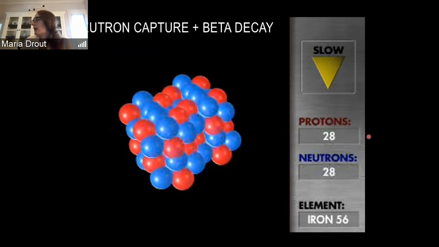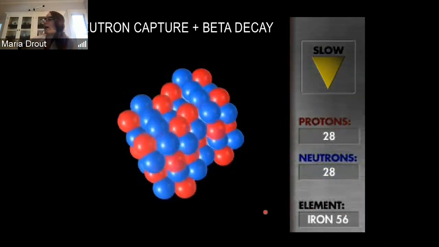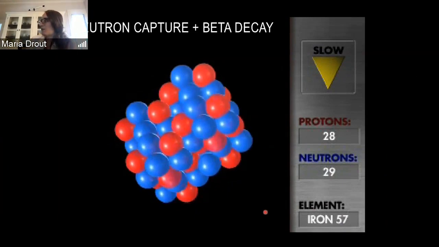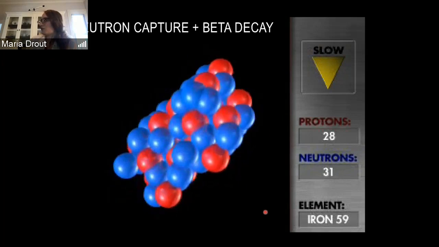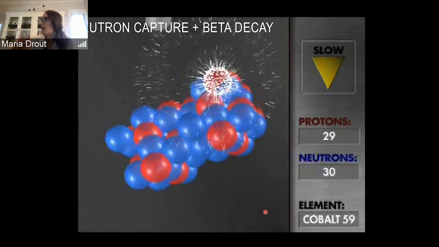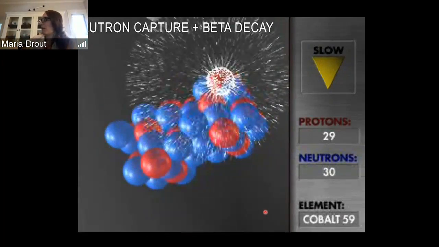So the thing you should hold on to is over here on the right-hand side. This is showing the number of protons in this nucleus, the number of neutrons, and therefore what element this actually is. So when you're undergoing this process of capturing a neutron and then undergoing a beta decay to make heavier elements, it might look something like this. These blue things are the neutrons, so you have a couple of them joining. So you see the neutron numbers going up, but the element hasn't changed because that's just tied to the proton number. But then one of those neutrons underwent this beta decay, at which point your proton number ticks up, and now you have cobalt. So that's the idea.